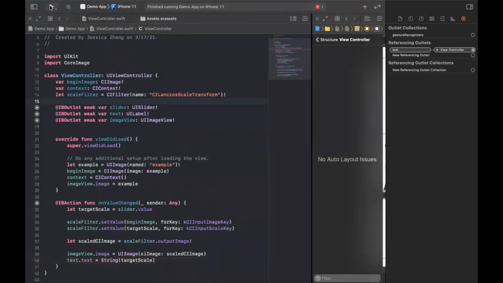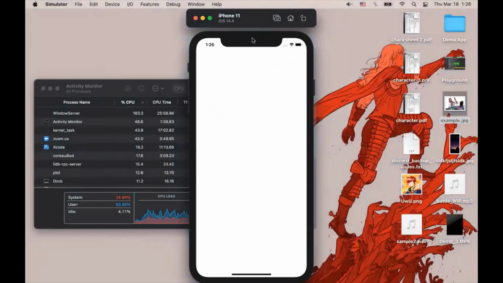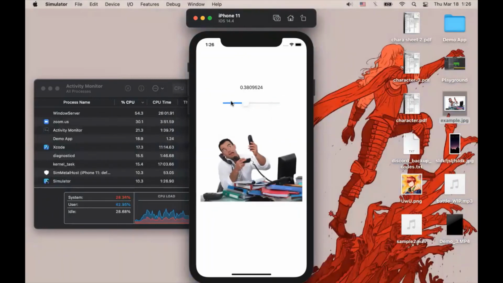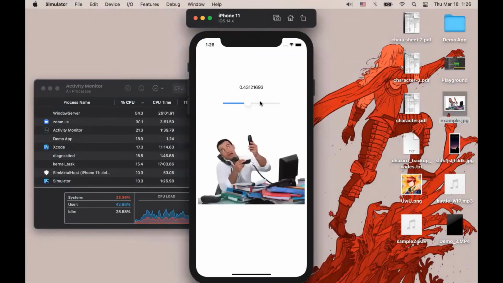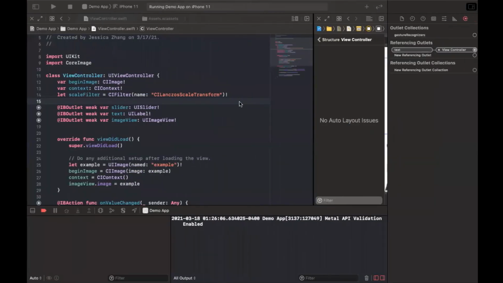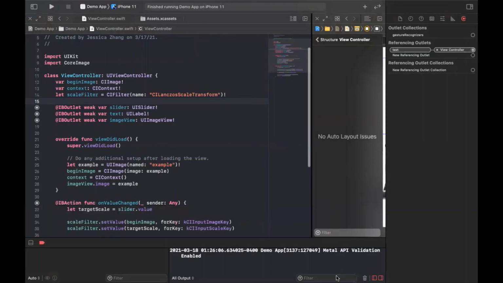And then this way, when I click run, I should have an app that can basically scale my image for me. All right, so again, if I drag the slider up and down, it can resize the image. So that's it for the demo. Just remember,